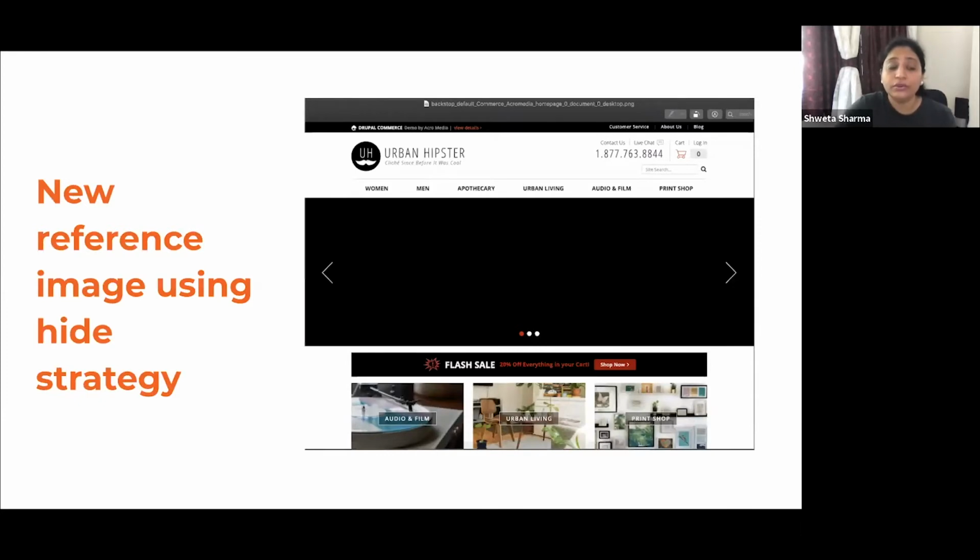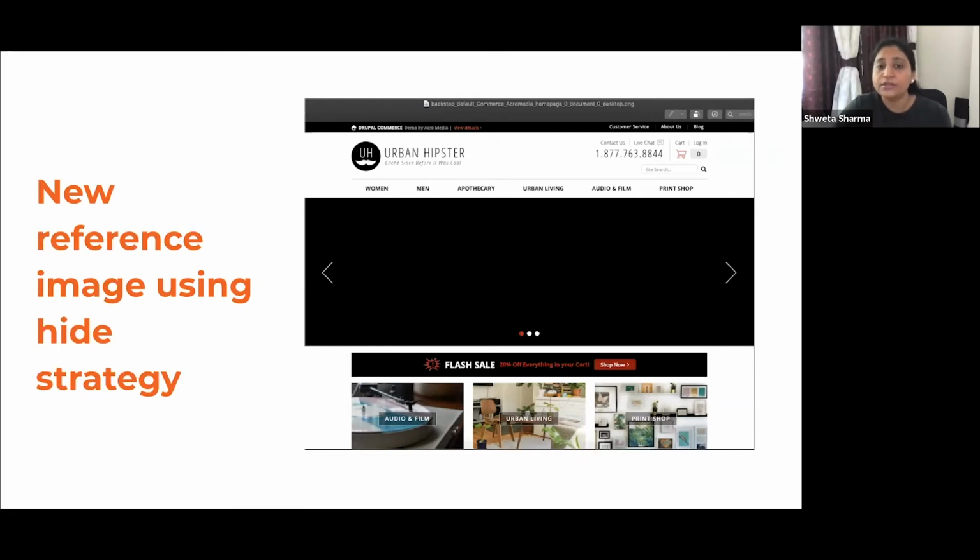So you have to recapture your reference image. Once you recapture your reference image, for the home page, your reference image is going to look like this, wherein using the hide selector, the slideshow element is actually masked with a black section, but it's not really removed.